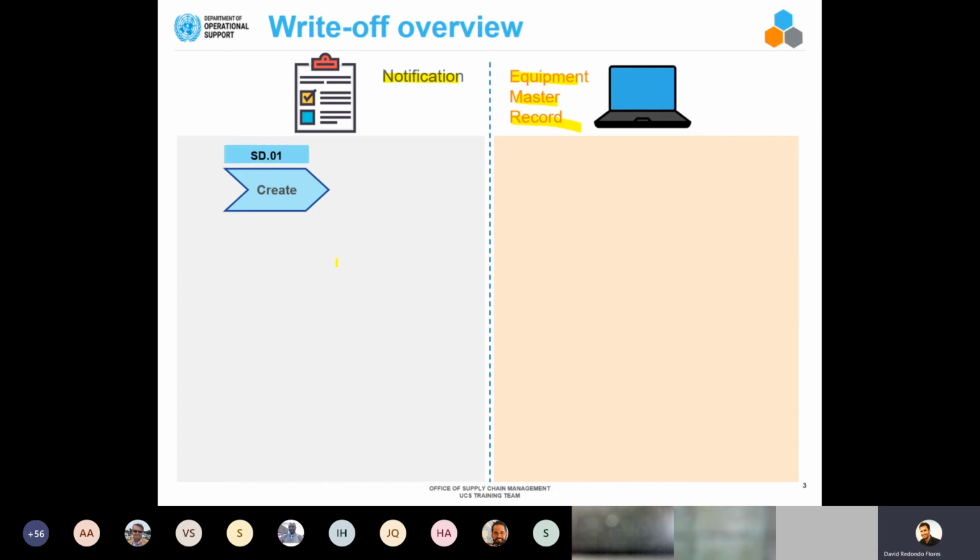And this is done by the SD01 user, notification user. This is not different from the assignment process. So the very first step is the creation of this transaction that will detail what equipment item will be written off and what is the reason, etc. After the notification is created, it should be approved by the